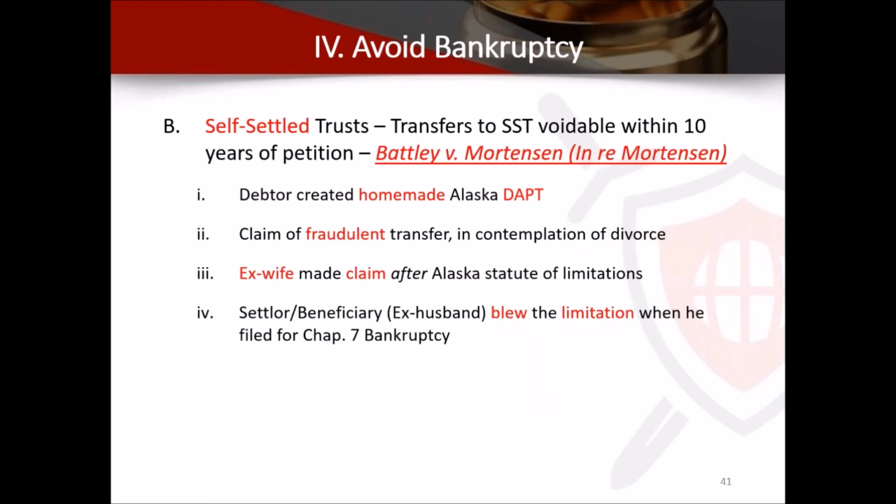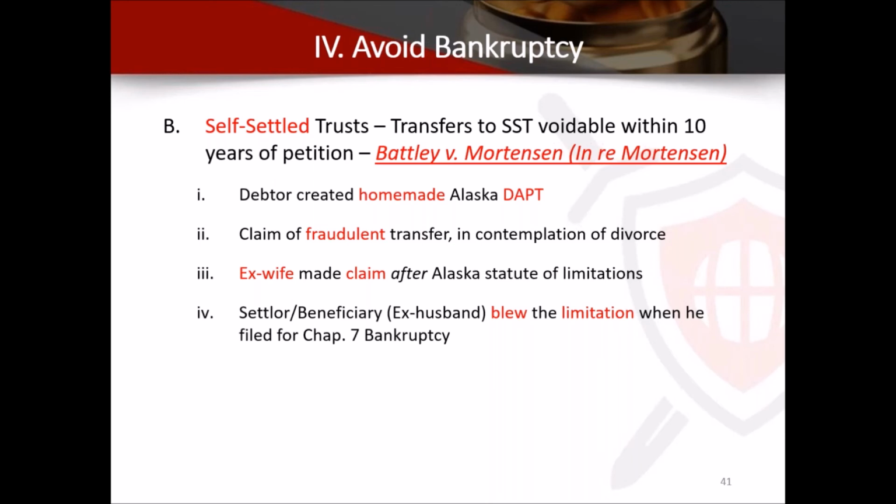This is the Mortensen case. So the Mortensen case is kind of a wild case. It's a mountain man in Alaska, and what he decided to do is he made his own self-settled trust. It was sloppy, but I think it satisfied the general requirements of doing a self-settled trust. He was in Alaska. He had an Alaska trustee. He funded the trust,